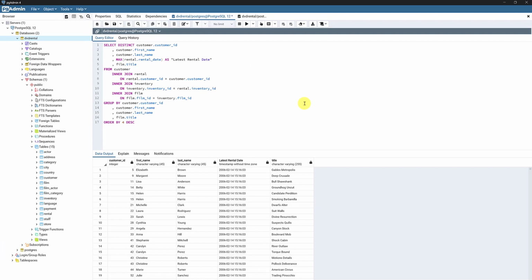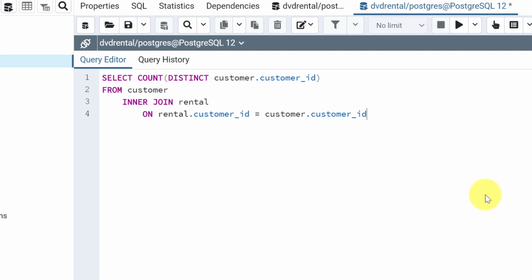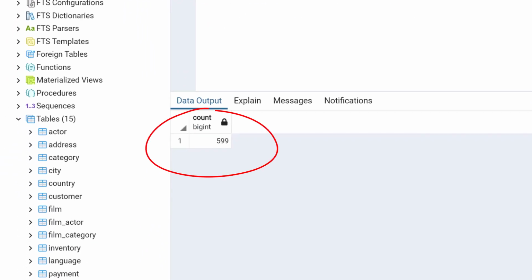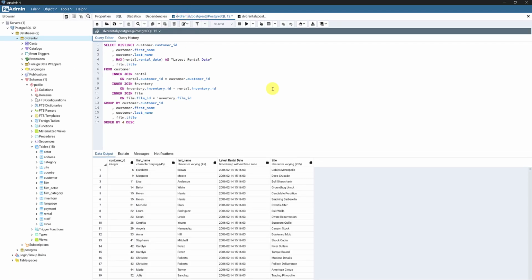So almost 16,000 rows total, because there is nothing filtering the rental table that says, give me only the most recent rental for each customer. I've got another query staged which allows us to get the count of distinct customers in our database who have rented from our DVD rental business. The distinct function within the count function allows us to get that distinct count of customer IDs joined on the rental table. So we know we have 599 customers who've rented from our business, and we need to get the results from our first query down to just one row per customer.